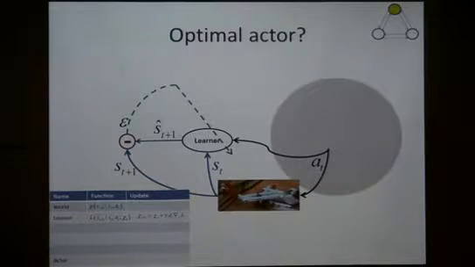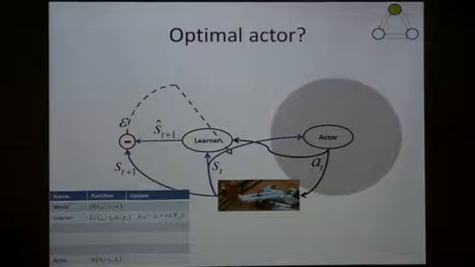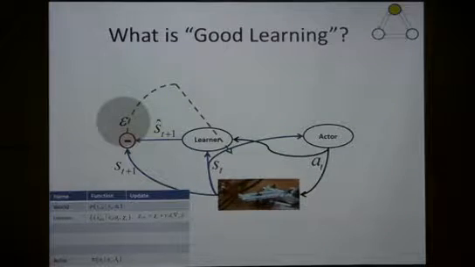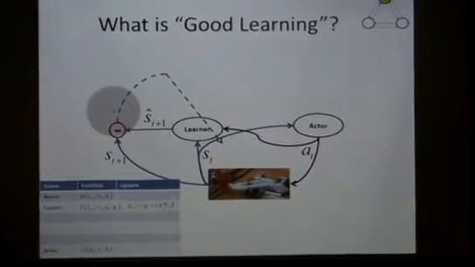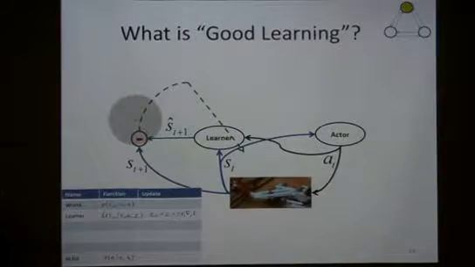So the question, okay, you want an action, or what is called an actor, given the state, what I'll do next, that leads to efficient learning. So the question is, how do you know what is efficient learning? So let's look at this prediction error. If this prediction error is small, then at first it looks like it's good because I predicted well, but it means that I didn't learn anything new. I already knew what was going to happen, so that's not good learning.